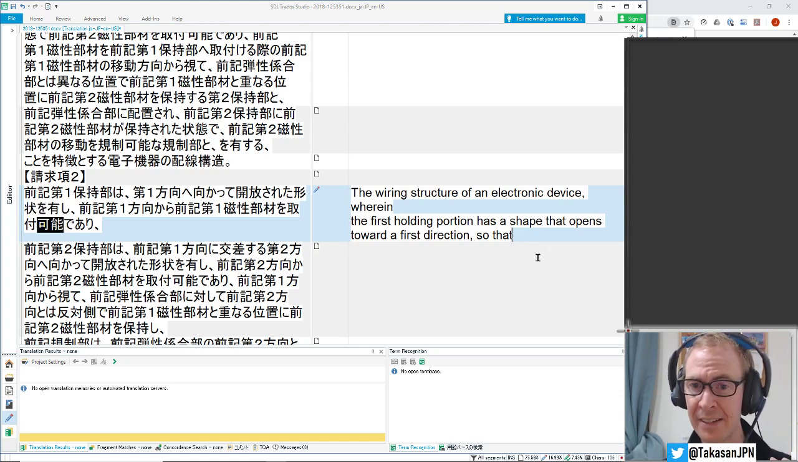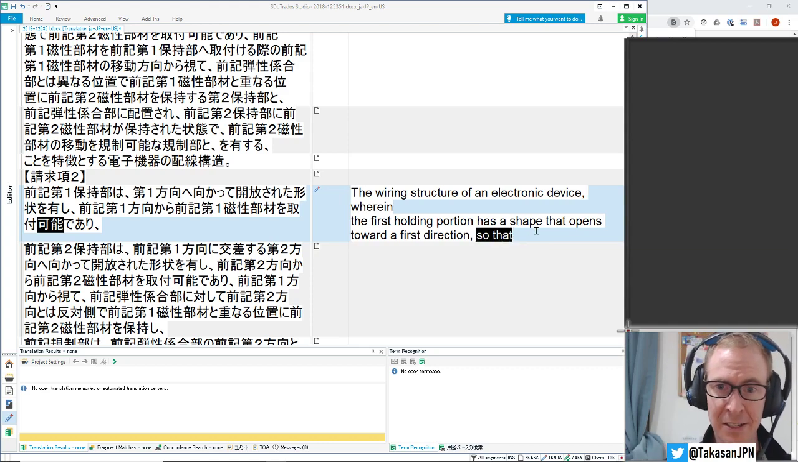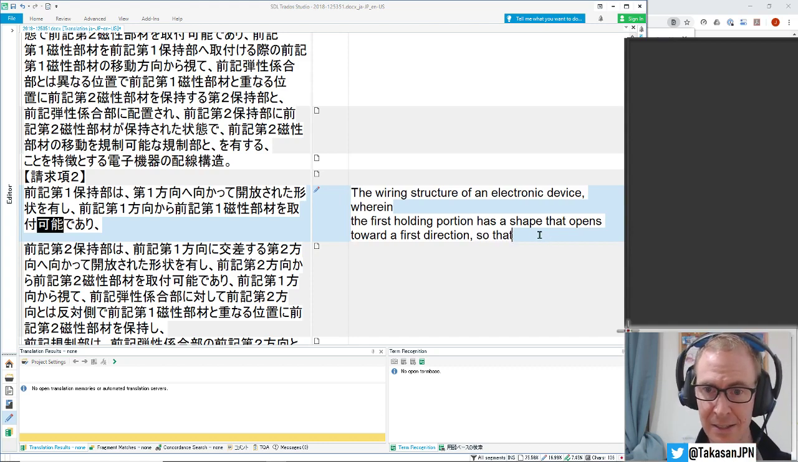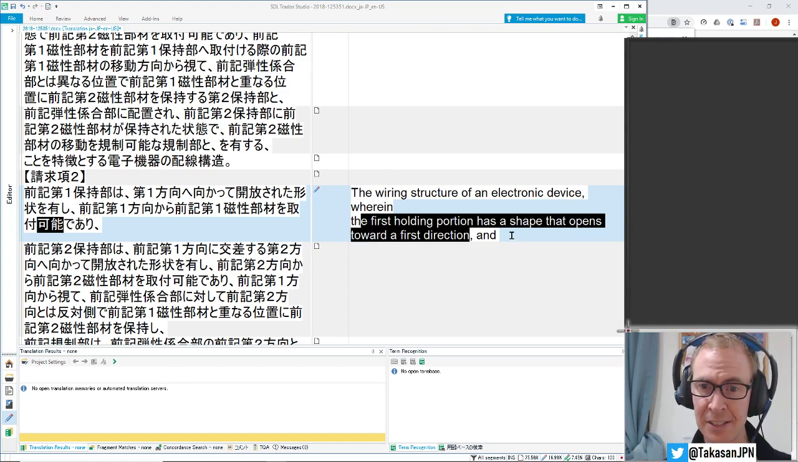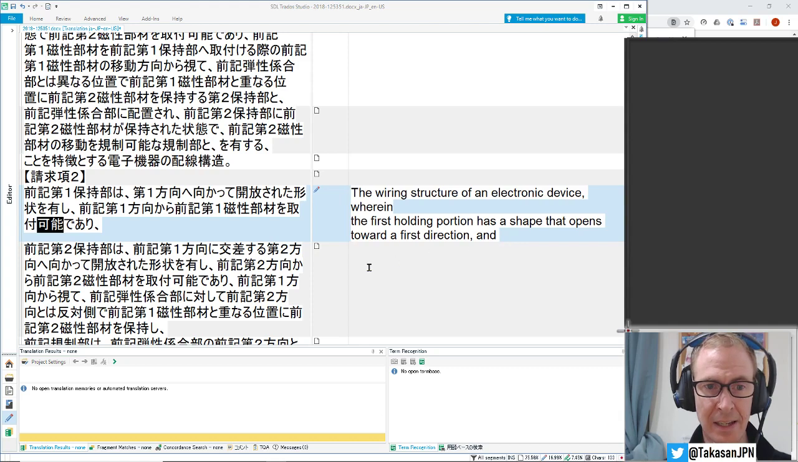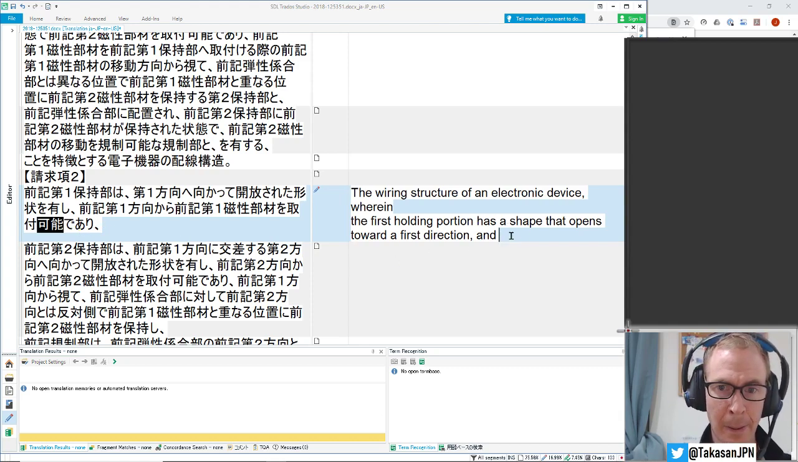So we do not want to write anything that will introduce this kind of cause and effect, this kind of causality. So we don't want that, we can just say "and." It's just another restriction. It doesn't need to have any relationship to this first. And the restriction is, "and the holding portion is,"